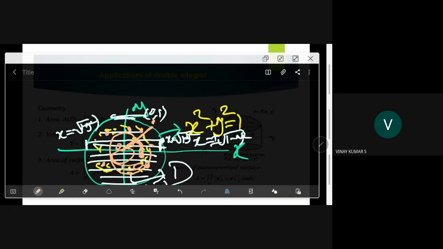So if you talk in terms of Cartesian coordinates, you have along x-axis, along y-axis, street number, house number. You can take like that for Cartesian coordinates. But when it comes to polar coordinates, you have a reference axis, and an initial point. From that point, how far away your house is, and how much angle that radius vector is making with the reference axis. They are the things that determine the address.